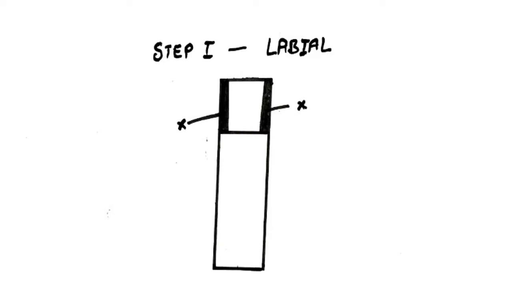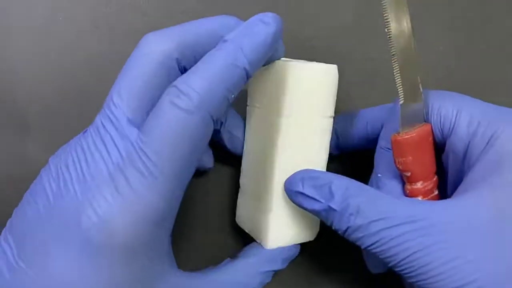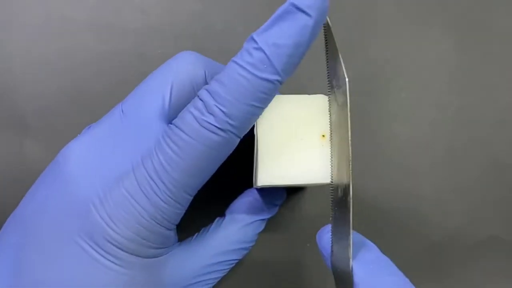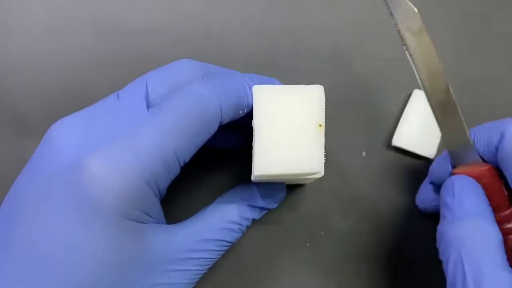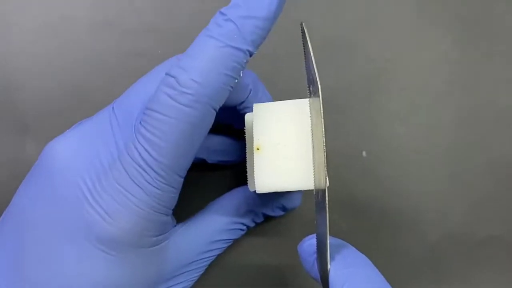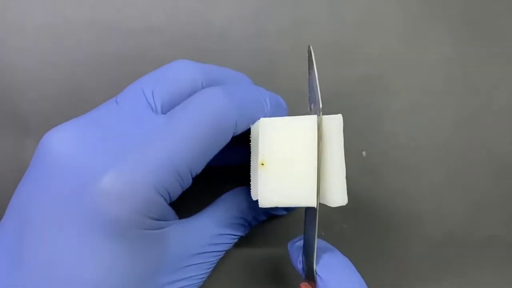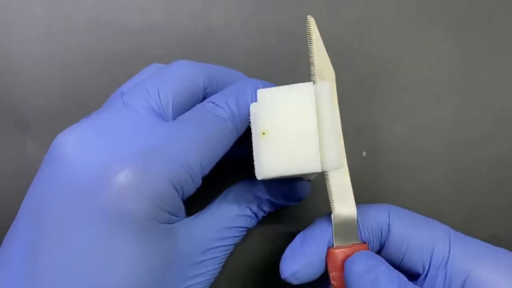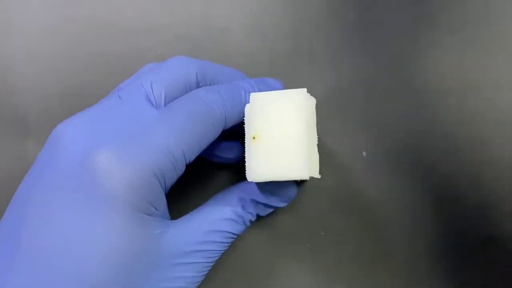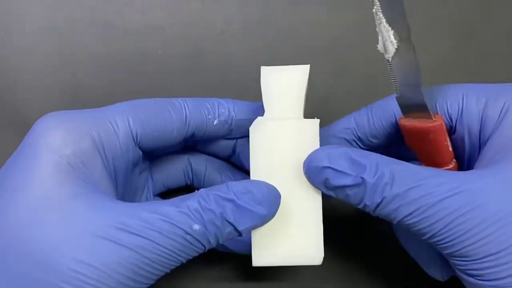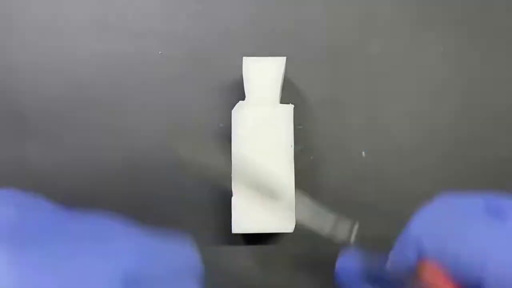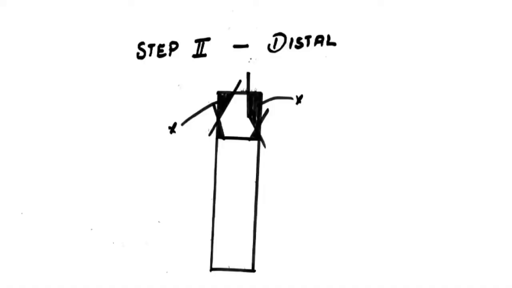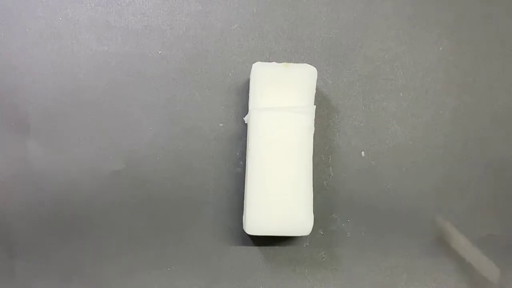As you can see from the labial aspect, there's not much difference between the mandibular central incisor and the mandibular lateral incisor. The only difference is that the lateral incisor is larger in dimension than the central incisor in the mandibular arch. So the crest of curvature, the COCs on the distal and the mesial aspects, as were there in the mandibular central incisor, are located incisal to the junction of the middle and incisal third.